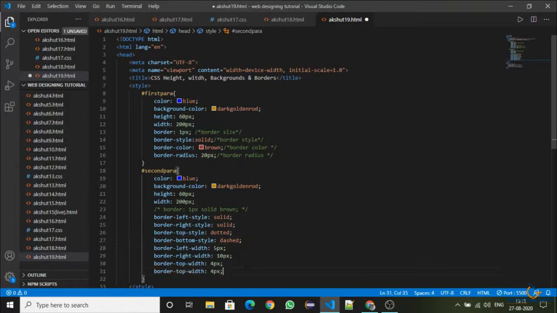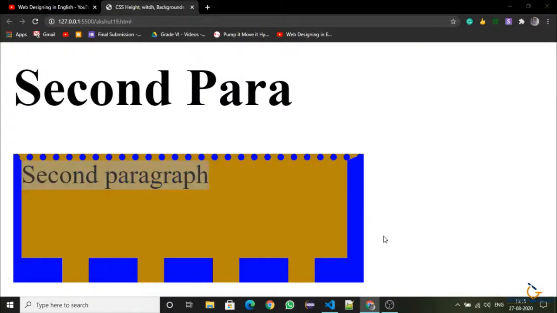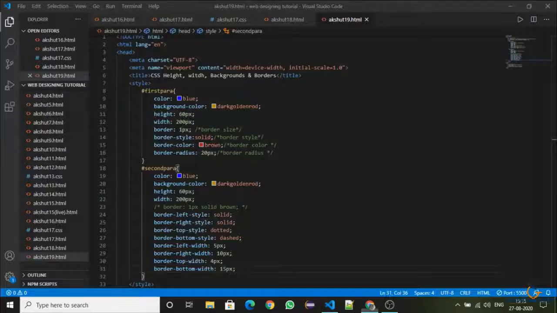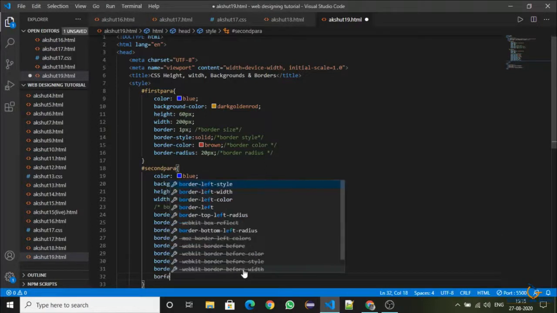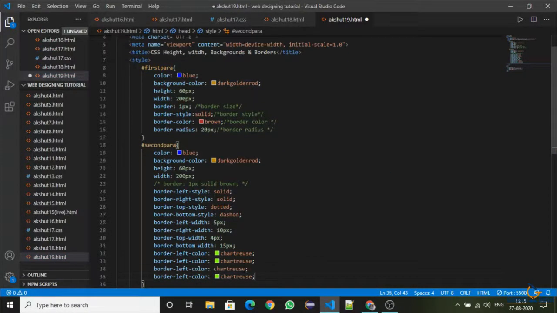I will again change the width of it too, and I will change it to 15. As you can see, this also has increased. So you can see, different types of border at different positions I have placed by different width. Okay, so you must have understood the style which you can add to every side and the width. Now let us talk about the color. If I will do border left color to this, I will duplicate this and I will write right to blue.